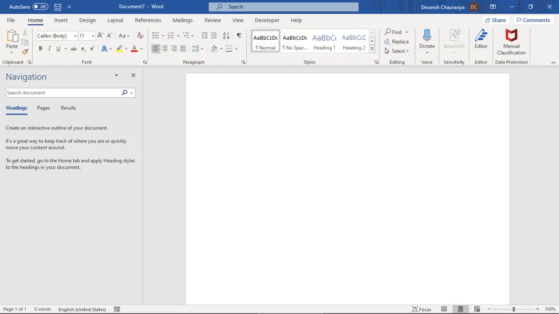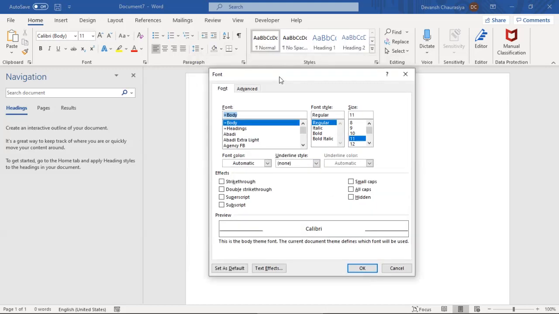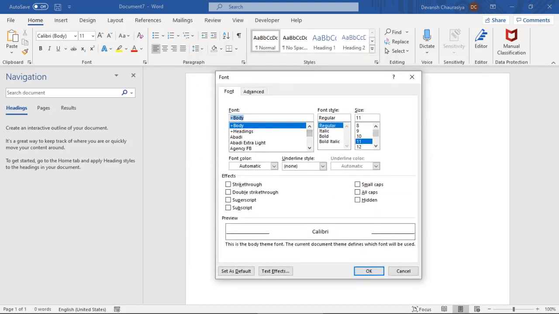Now this is my home tab. This is a ribbon. Here I have a couple of options. The first option is for formatting this part. There's an inverted arrow over here. If I click on that, it will bring up the font, regular, italic, bold, the font size,